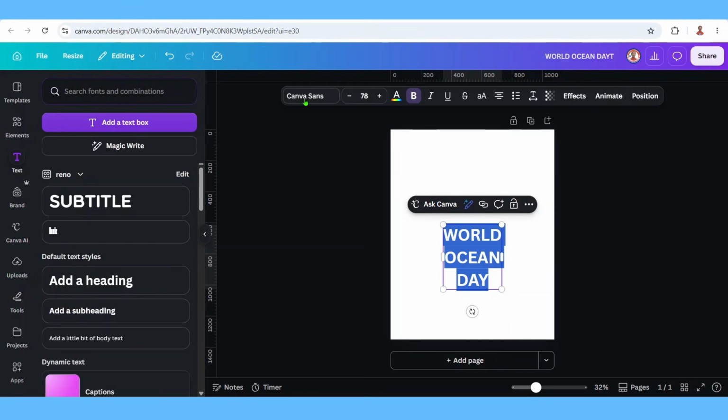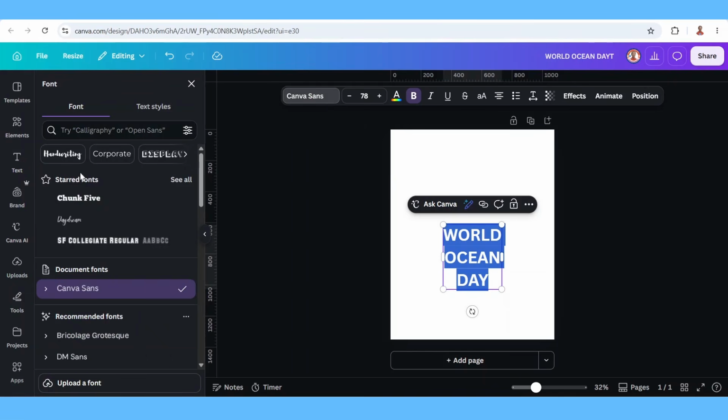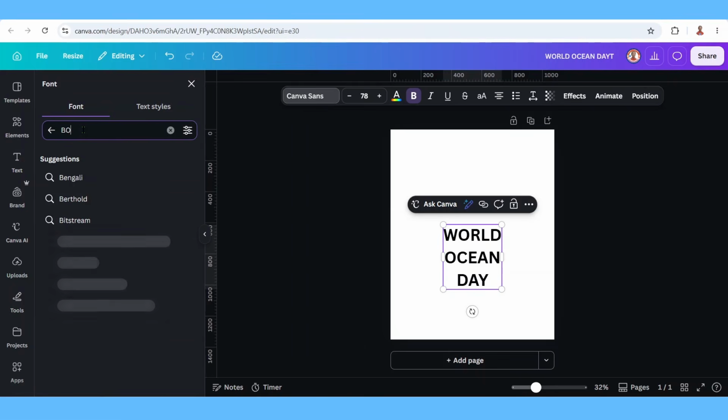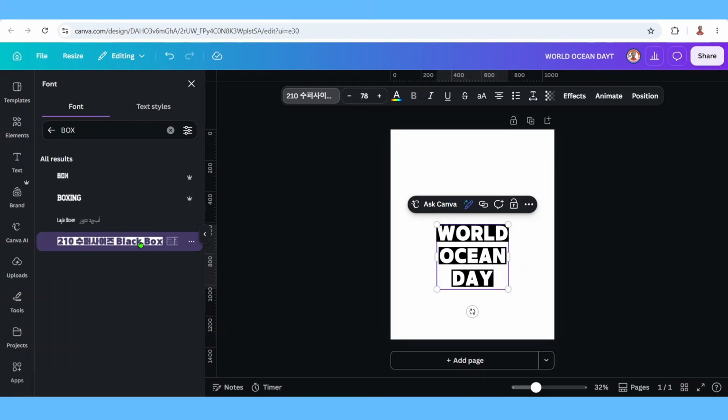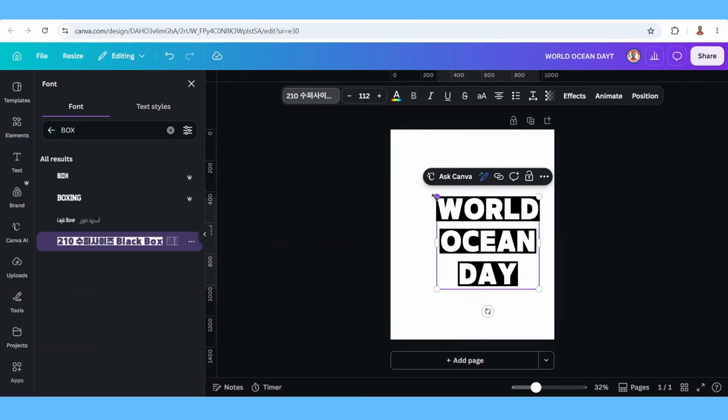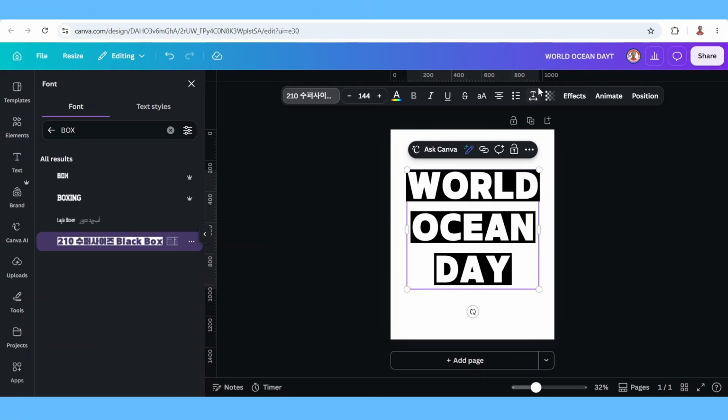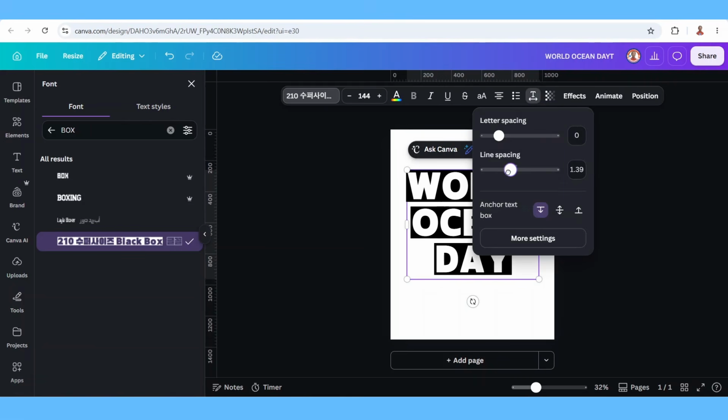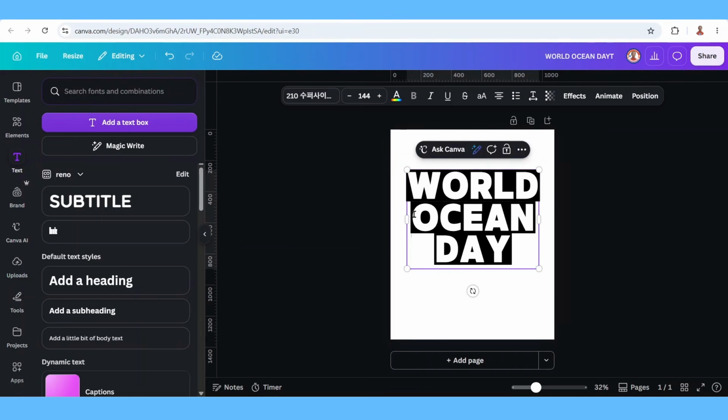And then select all and click the font, change to type here box, enter, and choose this black box. Okay, I will increase the size and then click here on advanced setting and reduce the line spacing so they become like this. And then I will click here before O and add a space to make the black color wider,